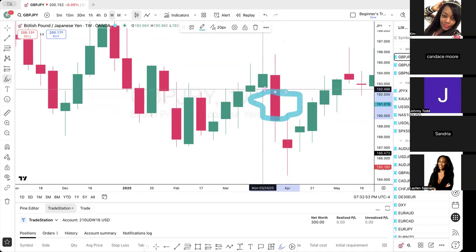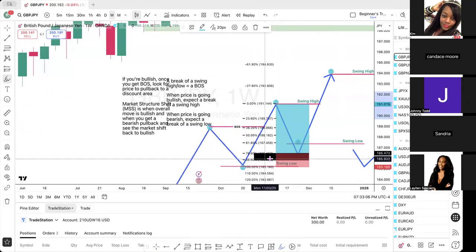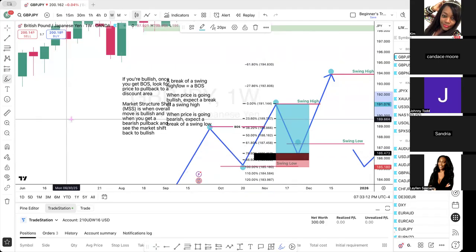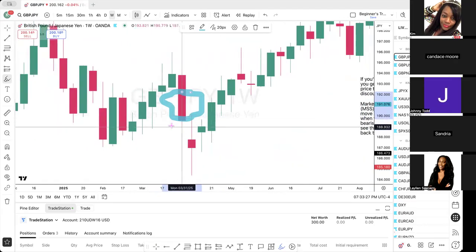Yep. So once you get an impulsive move in the direction of overall price, and once it's in your POI, which is your point of interest, which is somewhere between the 78 and the 88, right? Once I get an impulsive move and I get an order block, now I'm looking at this one, this is bearish, but I'm not looking for a bearish order block. I'll be looking for a bullish order block in a bullish market. But I'm just showing you what this fair value gap is.